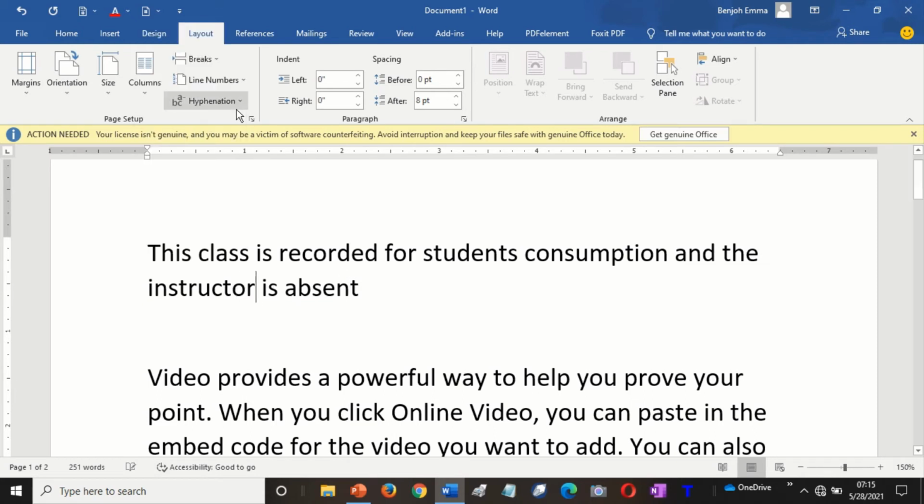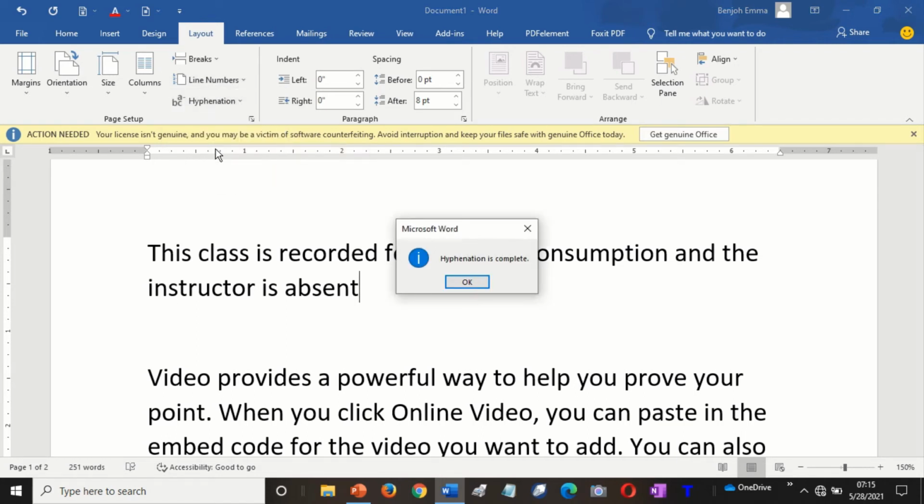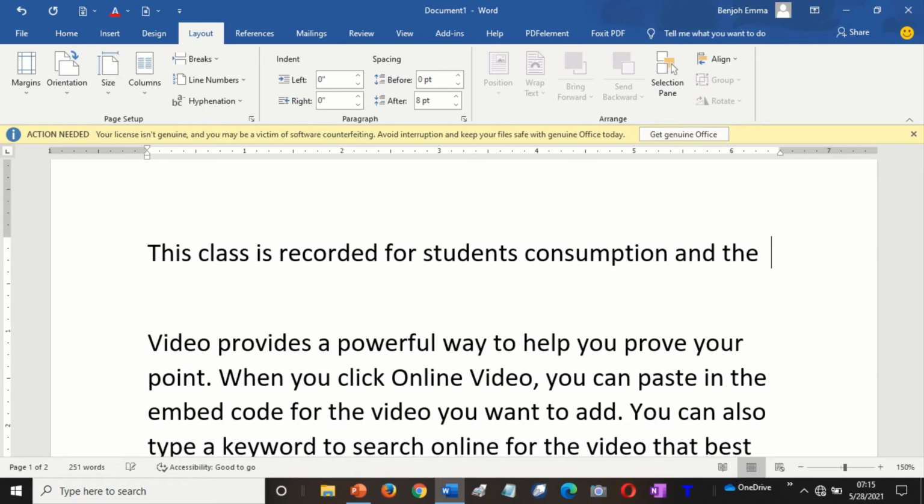Now when you see something like this, as I type, the word automatically wraps to the next page. When we say we need our hyphenation to be automatic, that is where it continues going. But when we change it to manual, hyphenation is complete, telling you that we have completed it. Let me delete the instruction here, and then let's make it manual hyphenation. So, hyphenation is complete,